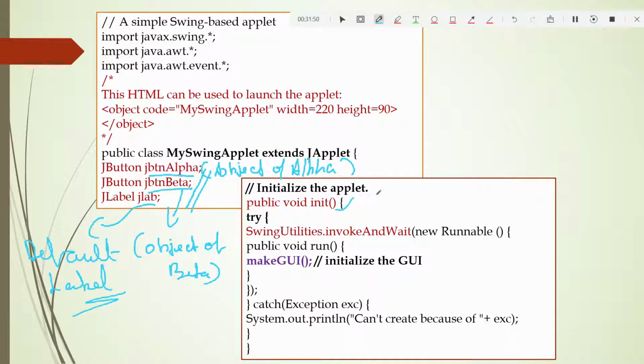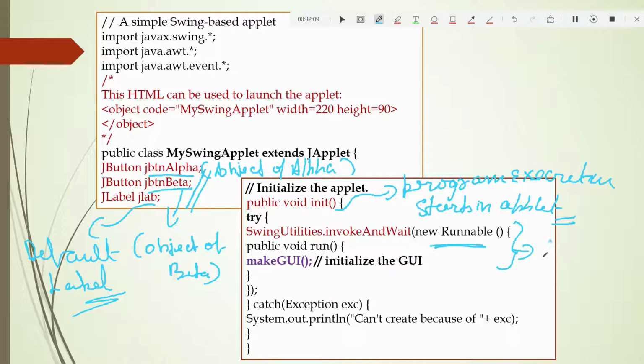So init is where the program execution starts, like main in a normal program, but in an applet. Here also, students, we have to implement the Runnable interface. The event thread creation happens here, and it will call makeGUI, which will initialize the GUI.